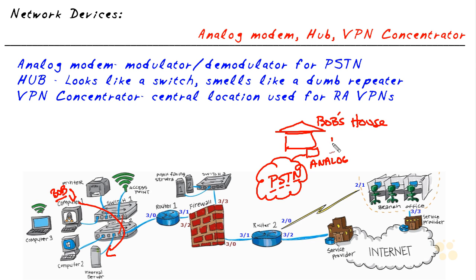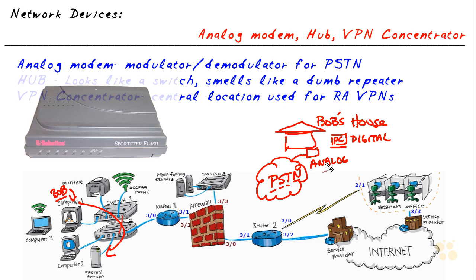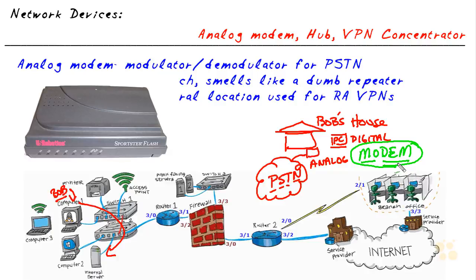Well, unfortunately, Bob's computer is not an analog device, it's digital. So how in the world do we get a digital device to communicate across an analog network? And the answer is we need to get a translator. And that translator has a name called a modem. And modem itself is a shortcut of two different words, of modulator and demodulator. However, you and I can just think of a modem as a translator between digital and analog, two different types